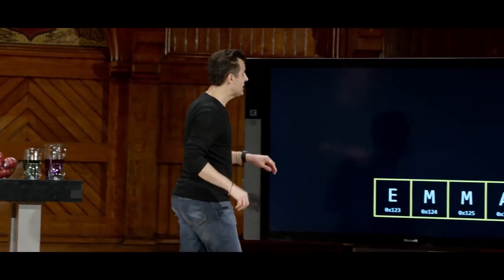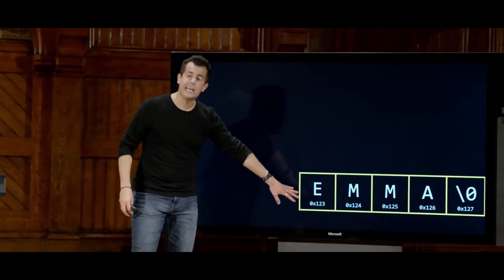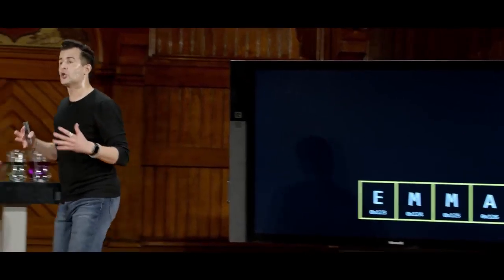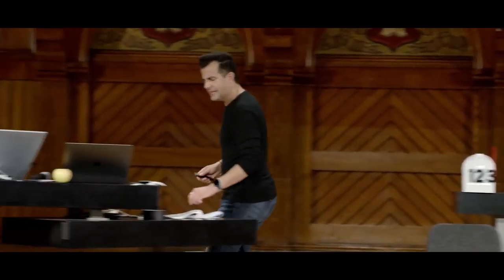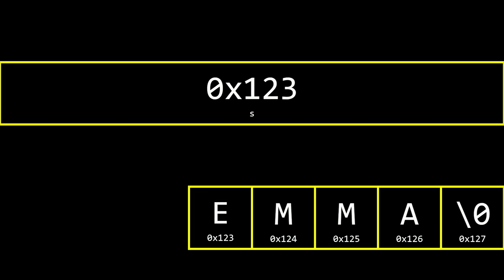So let's say, for the sake of discussion, that Emma's name in memory happens to start at 0x123. Well, what then really is that variable s? Well, I dare say that s is really just a pointer, right? It can be a variable depicted here just as before called s, and it stores the value 0x123. Why? That's where Emma's name begins.